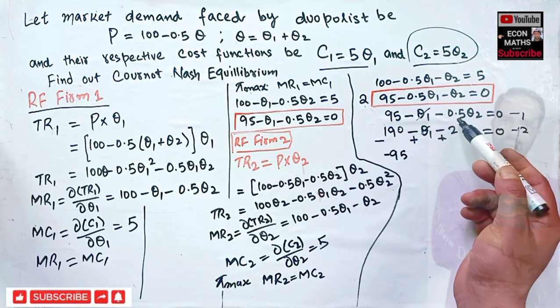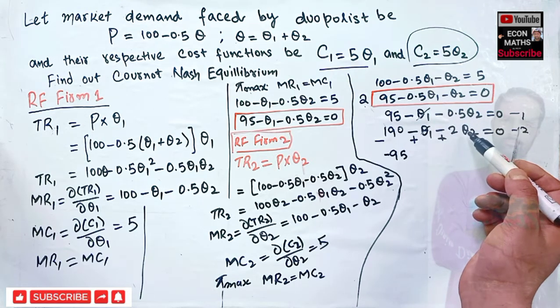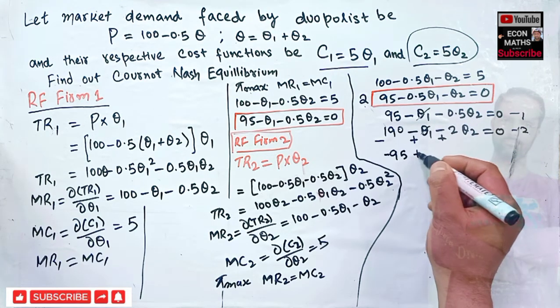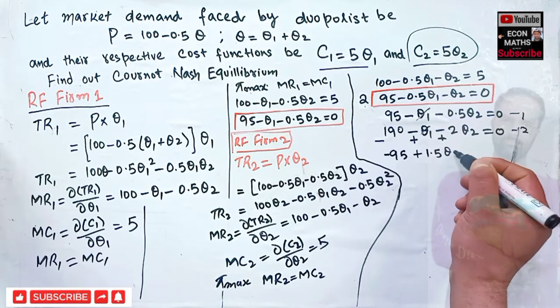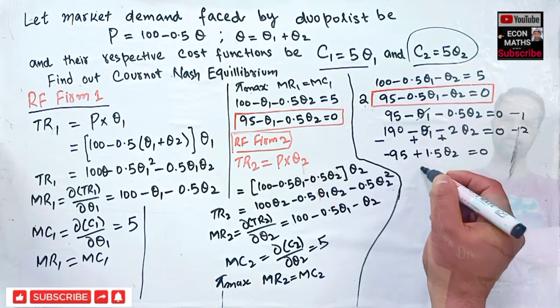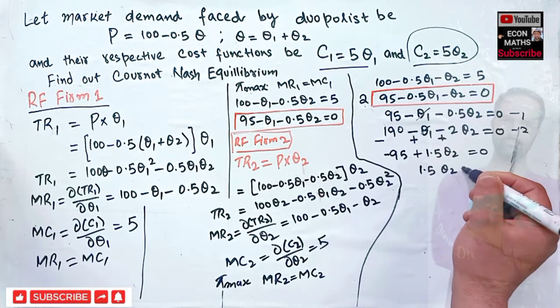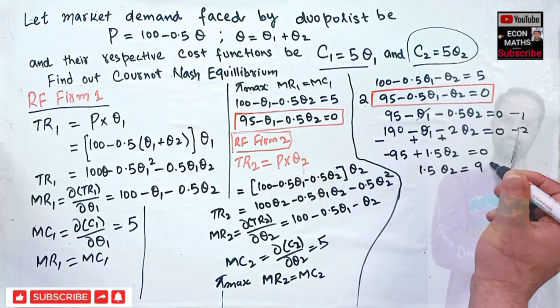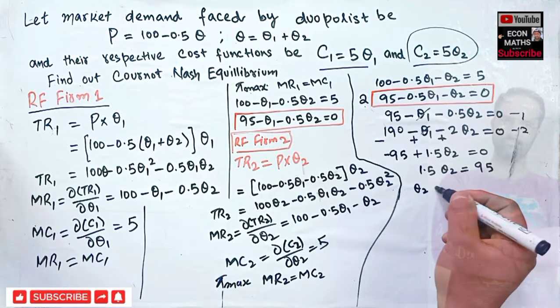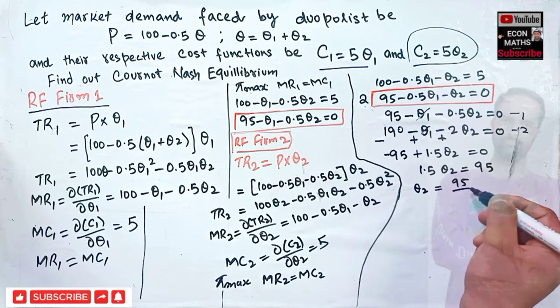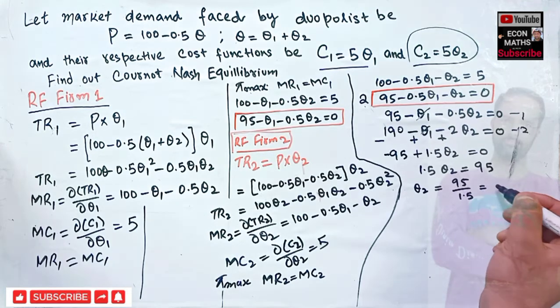Minus 0.5 q2 plus 2 q2 comes out to be plus 1.5 q2 is equal to 0, or 1.5 q2 is equal to 95 after transposing, which gives us q2 is equal to 95 upon 1.5,